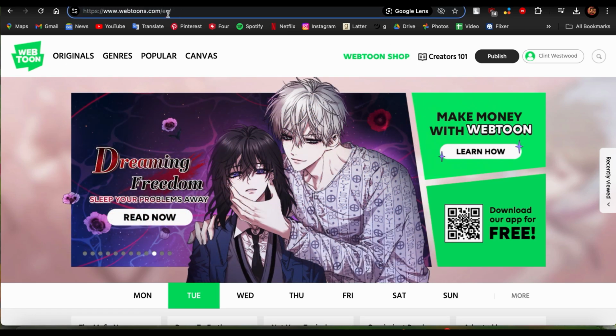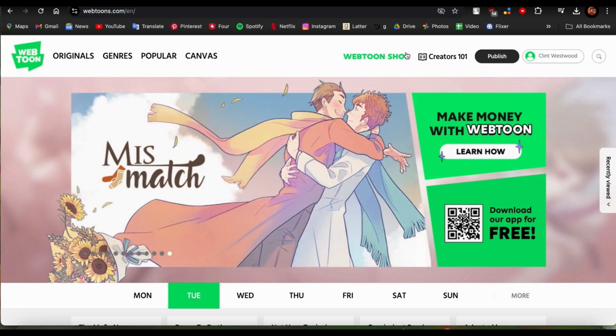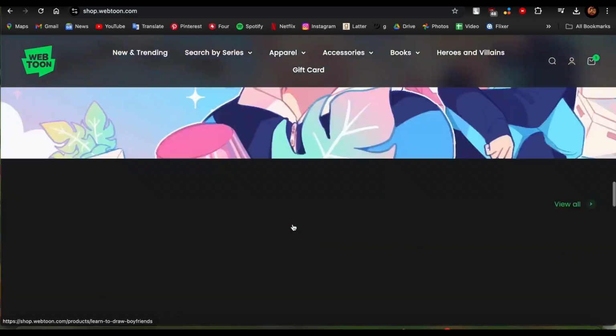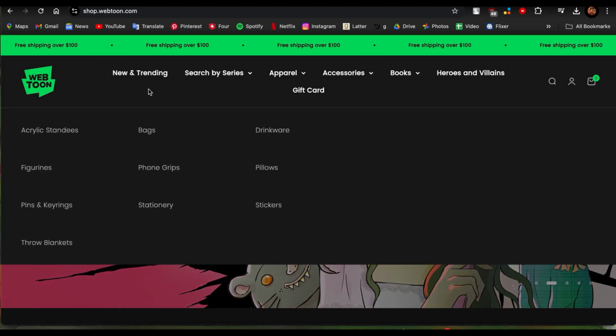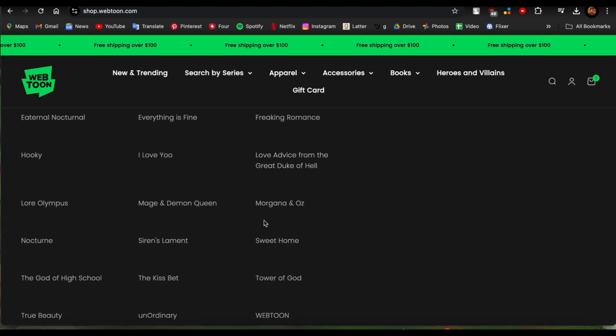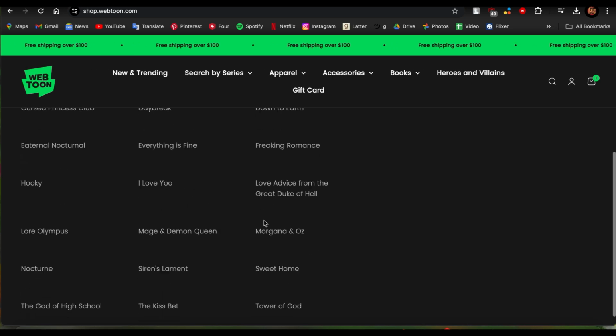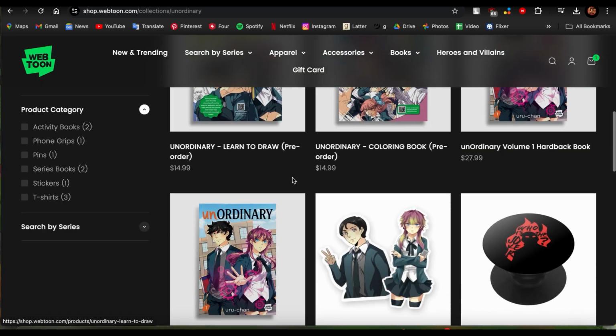So first of all, you just need to be on this website right here, and once you're here you can find this WEBTOON shop option with the green font. Just tap there, and once you're here you can see many of these options right here. We just need to go ahead and tap on search by series. So now all you need to do is find the series that you like. This video is about UnOrdinary, so I'm going to be searching for that. It's right here, so I'm just going to tap on there, and once you scroll down you'll see many of